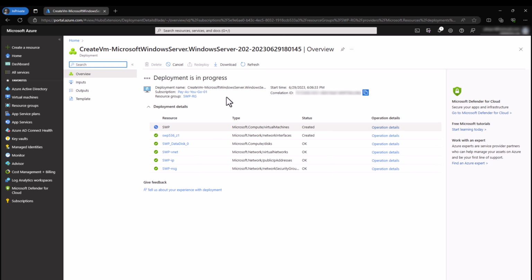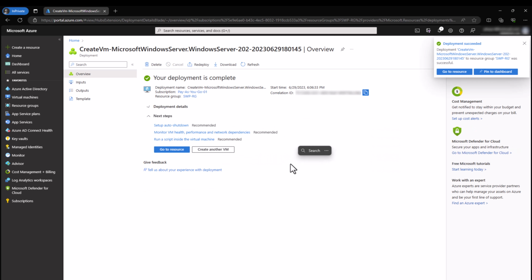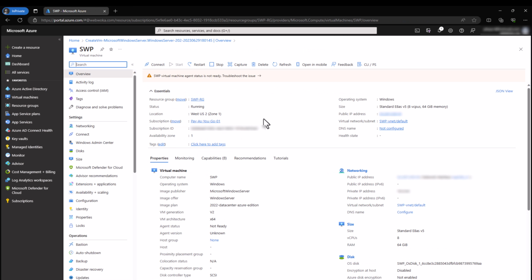So what is actually happening here is that Azure is creating a disk, the virtual network, and the public IP address that we need to actually remote connect to the VM. Voila, look at that. Not even up to 60 seconds, I guess. So when we have the machine created, we want to go to the resource, because why not? We want to copy this public IP address and go to our remote desktop connection